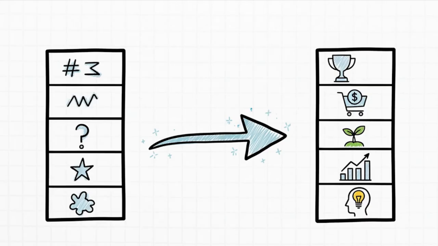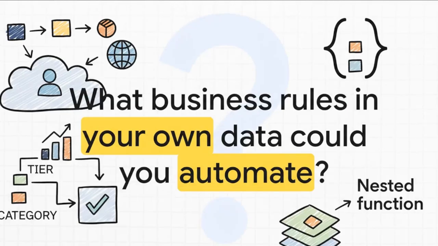When it all comes down to it, what we've really learned is how to take a simple column of numbers and, with one elegant command, turn it into a column of labels that gives you real, actual business insight. And that is a massive step up. And that really leaves us with one final question for you. Think about your own data for a minute. Think about all the manual sorting and categorizing you might be doing right now. What business rules, whether it's customer tiers, product categories, whatever, could you automate and simplify right now